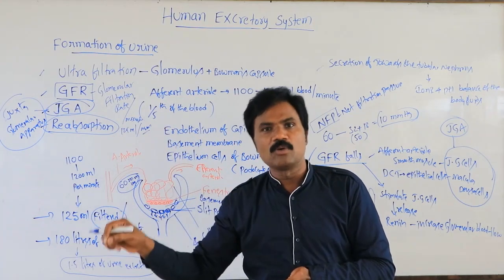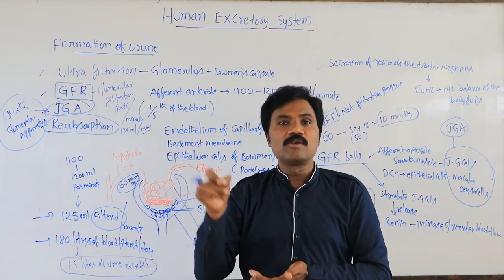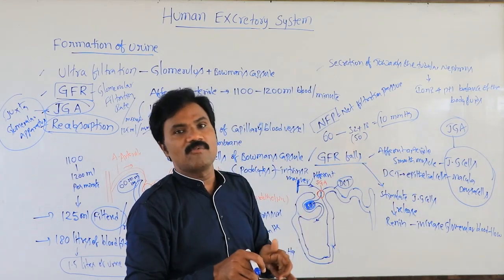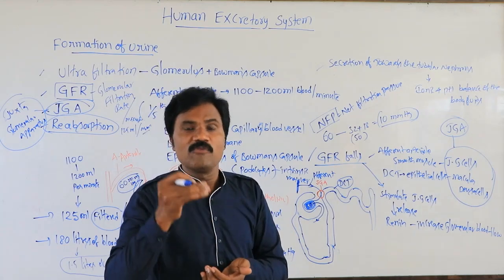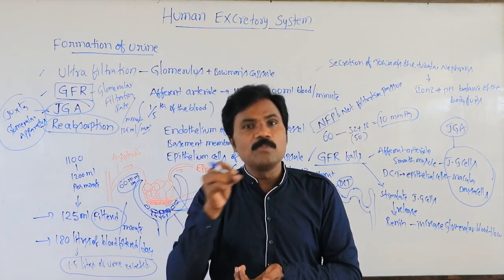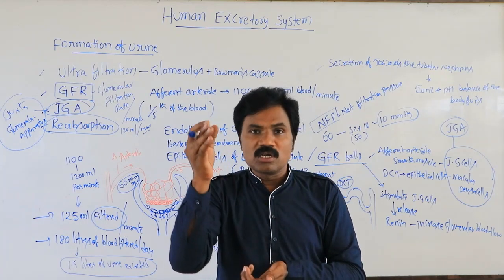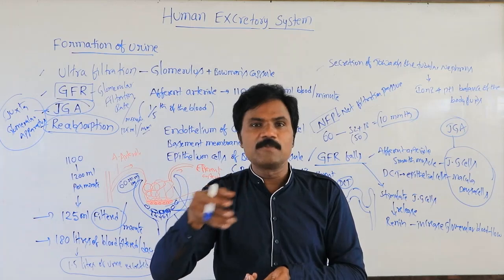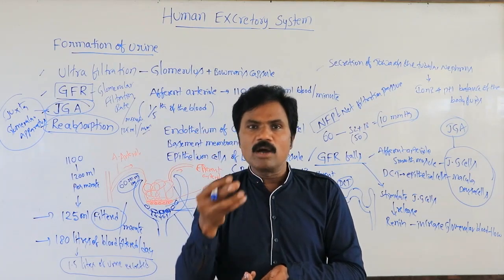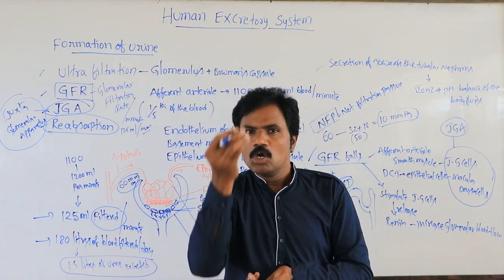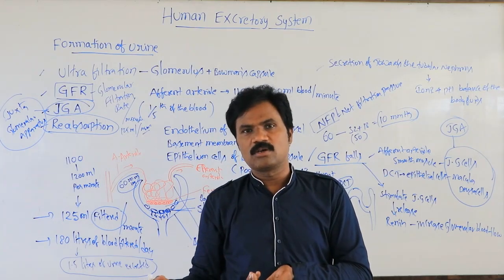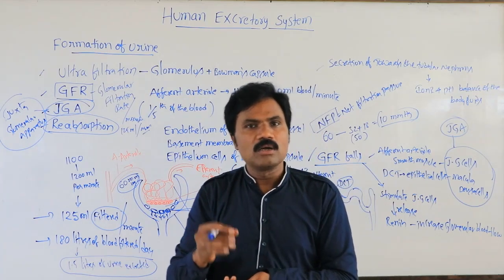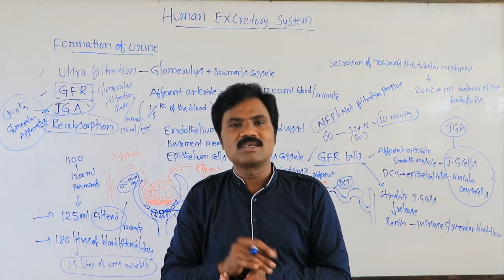Remember how much urine is formed per minute, how much enters the glomerulus, what is ultrafiltration, what is GFR, and what is the net filtration pressure required for ultrafiltration. Where are fenestrations present, and where are slit pores present? The slit pores are present at the base of the Bowman's capsule, where the podocytes cleave, and those gaps we call slit pores. In between, the basement membrane is present, and ultrafiltration takes place through it. So that is today's class. The remaining important part we will discuss in the next class.